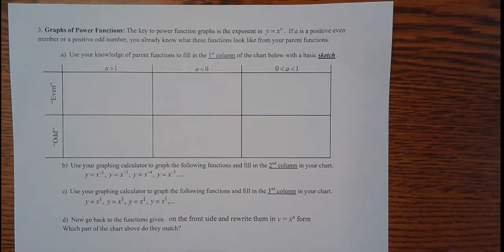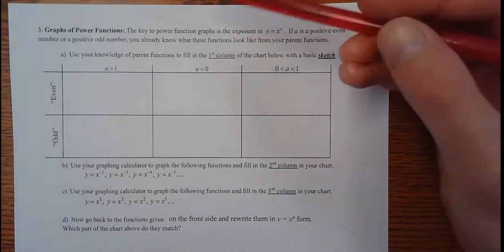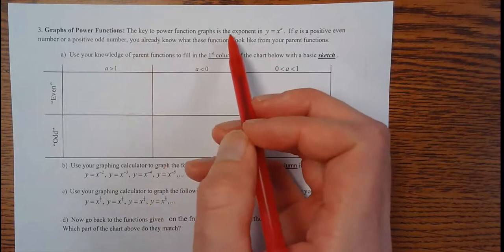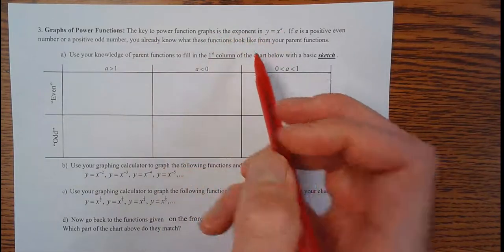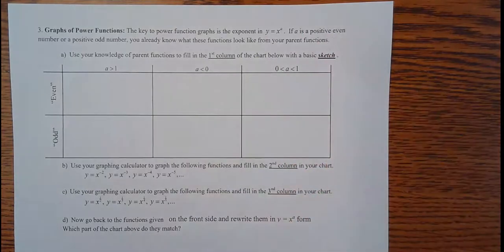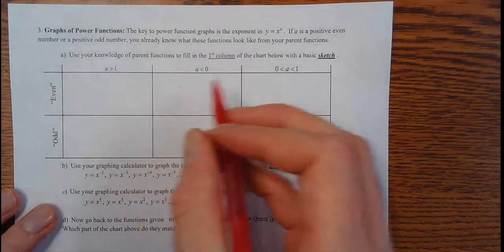Okay, and at the top here, we're going to graph some power functions, and it just talks about the key to the power function is the exponent. If a is a positive even number or a positive odd number, you already know what it looks like, a quick sketch of the parent function. So use your knowledge of parent functions to fill out this first column. So in this first column,